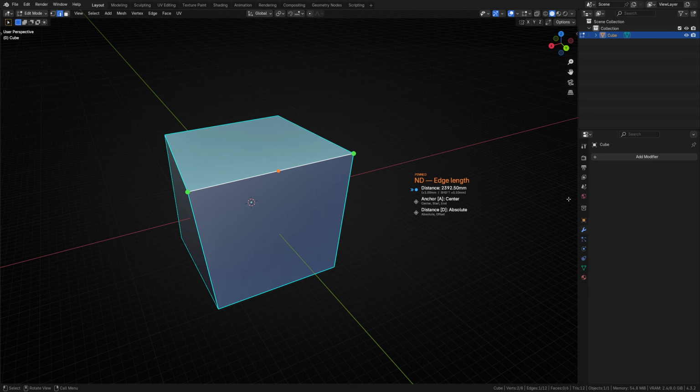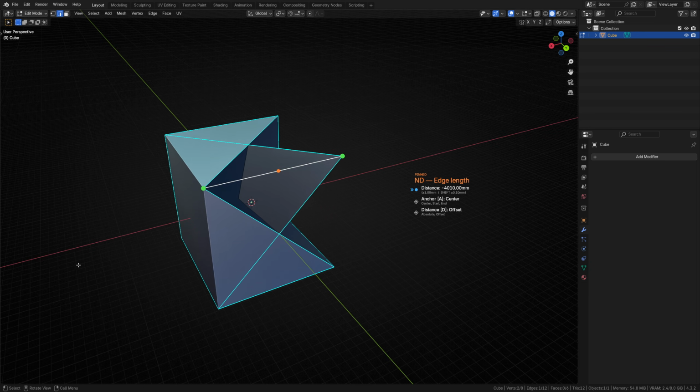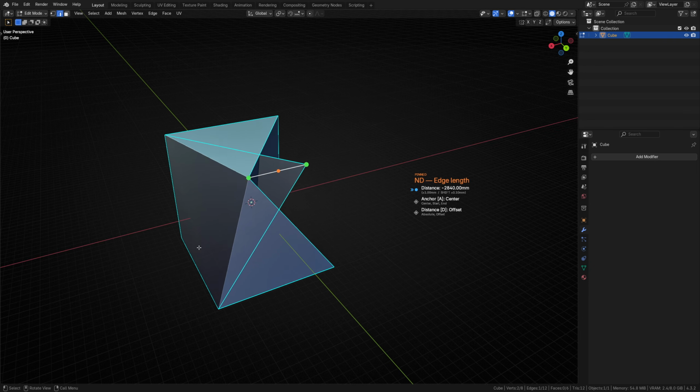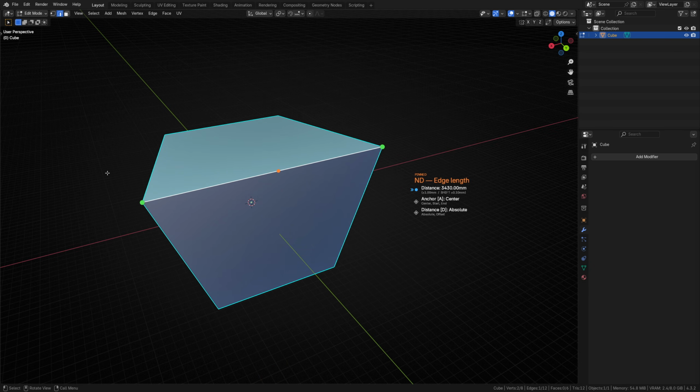The second distance option is offset. This works by adding or subtracting the distance value from the original length of the edge. In this case, going negative is valid and, hence, can result in you creating intersecting geometry if you push it a bit too far. This option isn't as valuable as absolute for a single edge, but it makes more sense for multiple edges. So let's take a look at that example next.